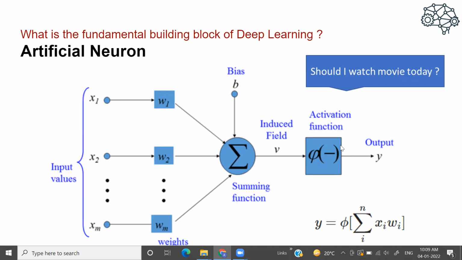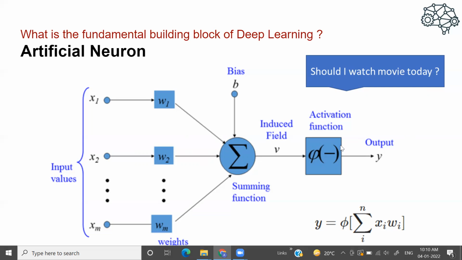And this is a counterpart, or I should say an analogy, if we have to relate it with the biological neuron, right? The whole intention is to come up with a system that can make decisions the way human cognition does, right? It's very well established that whenever we have to take decisions, we rely only on our brain. We use our previous experiences, consolidate them together, and based on that we take decisions. Similarly, in deep learning, we have to make use of the artificial neuron, right? And later we'll see how we can combine these artificial neurons. So this artificial neuron is just a building block of deep learning.